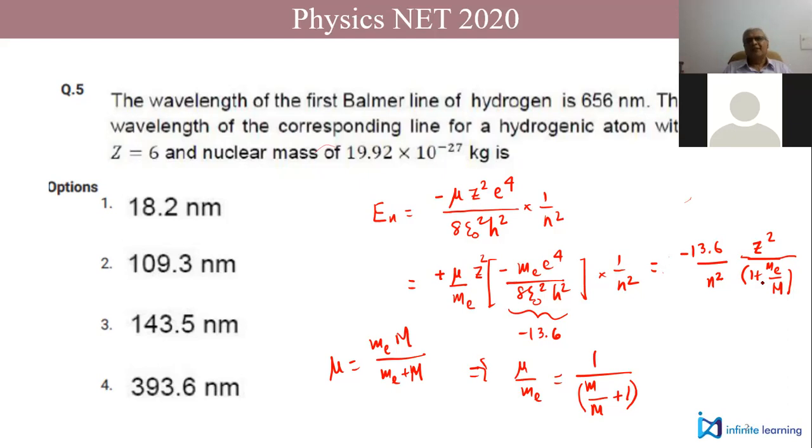See, it's very simple. 656, you take it as something like 660. You divide by 6, it will give you 110. And if you divide 110 by 6 further, if it was 120, it would give you exactly 20. If it's 110, it will give you 2 less, 18.3. So you have to learn all these tricks. Look at the numbers and instantly you should realize that you can play such tricks to decide what the answer is.